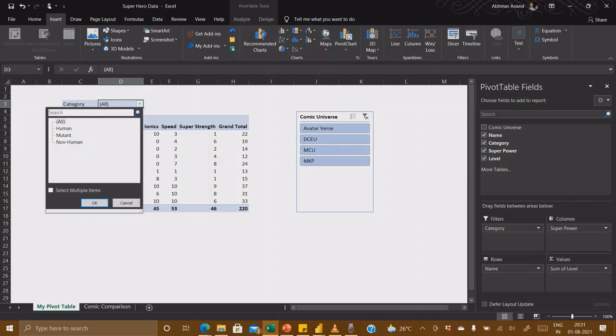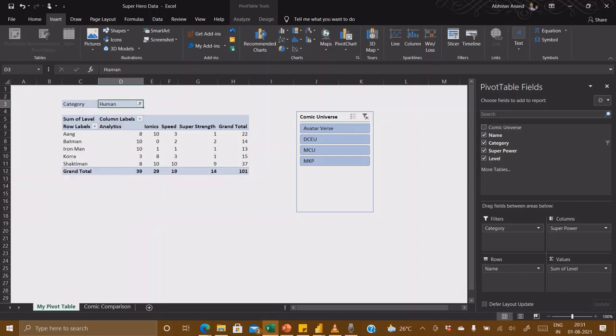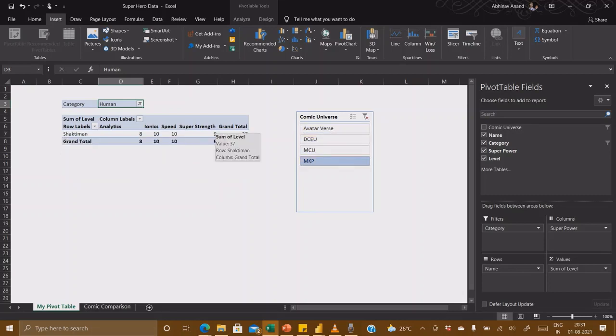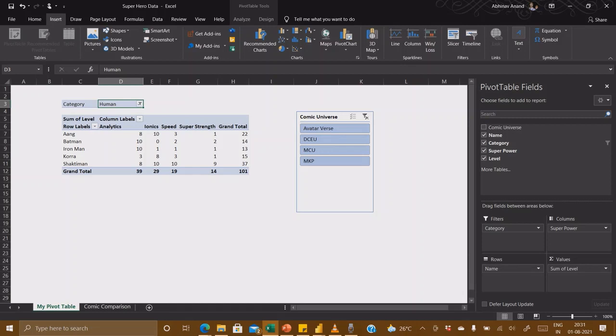Similarly, this is a filter. This is kind of similar, but it is different. You need to select and click OK. So it has one extra step for implementing. You cannot directly filter any visual from here. To be more clear, if I select human, then I have to click OK, and only then will it filter out human. But in this case, if I just click on it, it will filter everything. So I think now you know the difference between these two types of filters.